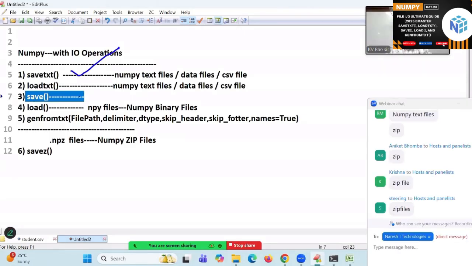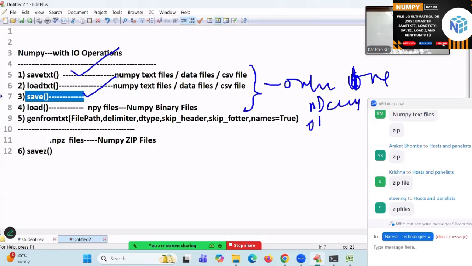Savetxt and save can store only one ND array object's data. But today I want to do what? First ND array, second ND array, third ND array, multiple ND array objects I want to store in a file.